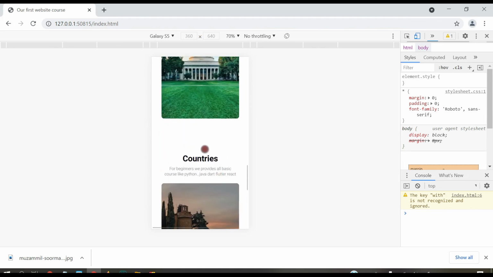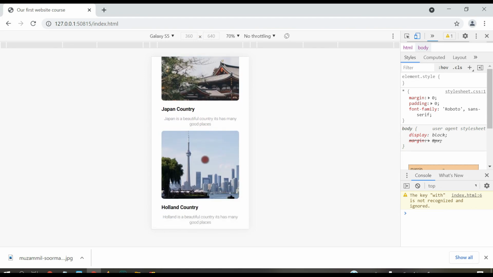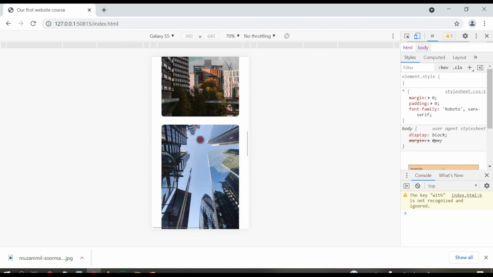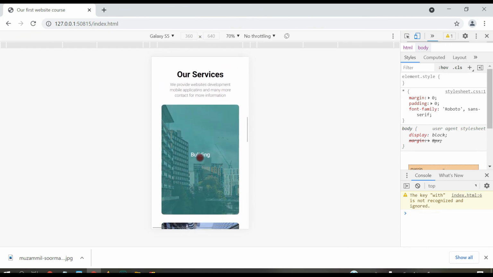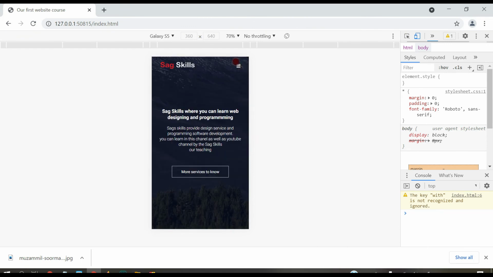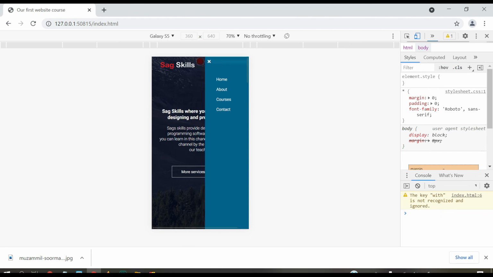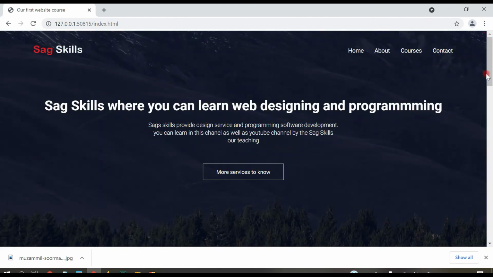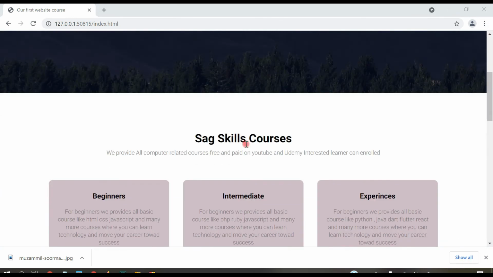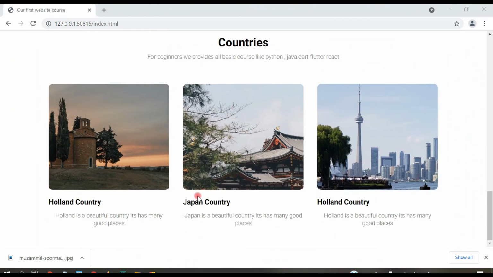And also this country section is perfectly looking as a responsive. You can see it. Fantastic. Now everything is working well. So now next thing is, we have to add one more section for the testimonial after these countries.